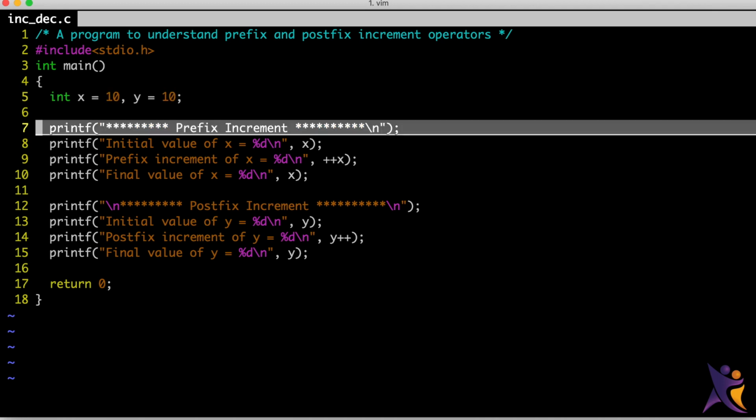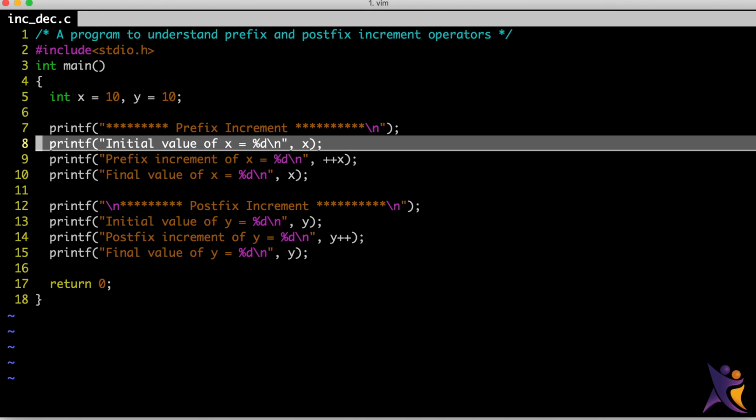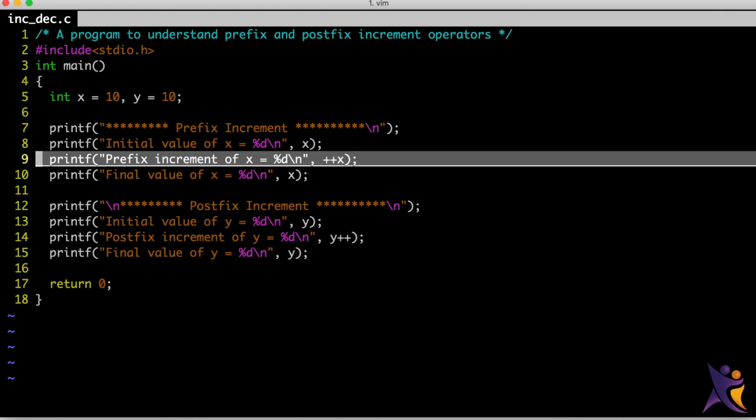Here we are just printing a statement, so this block is related to prefix increment, right? After that, we print the initial value of x. The initial value of x is 10, and we are printing that value here. Now in line 9, we are printing the prefix increment of x.